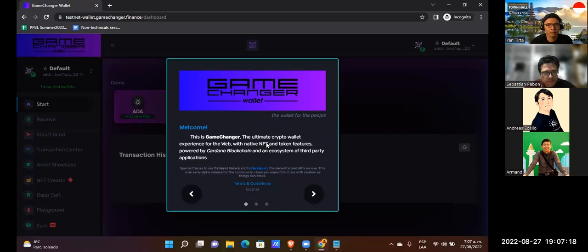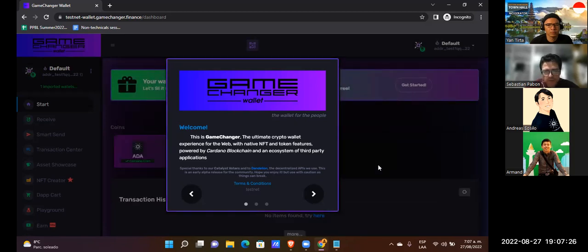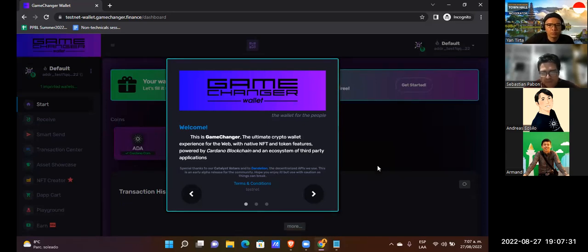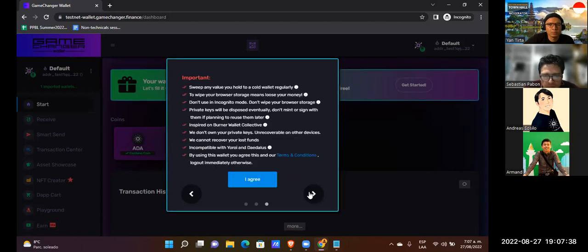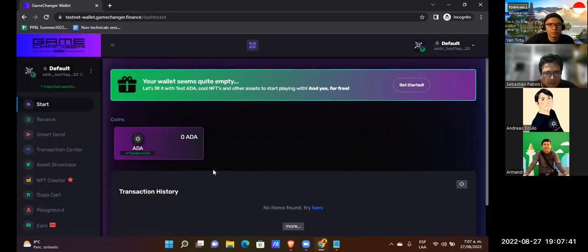And this is the first look of the wallet when you don't have a wallet in Game Changer. Okay, welcome. Next, no wallet has been imported. Okay, I agree. Game Changer by default provides you with a new wallet with a new address.